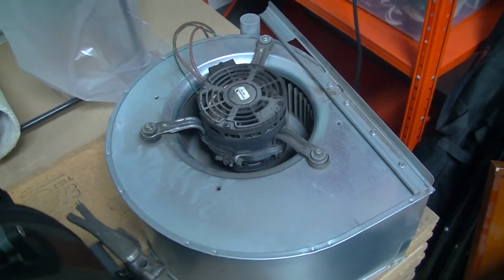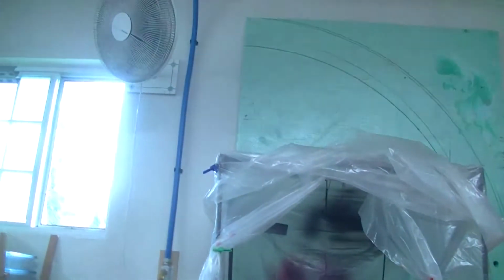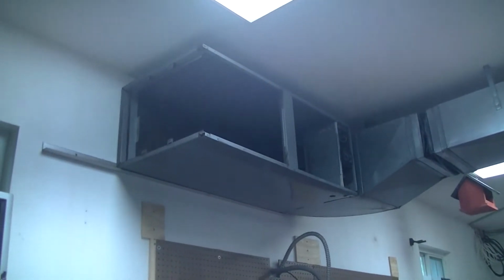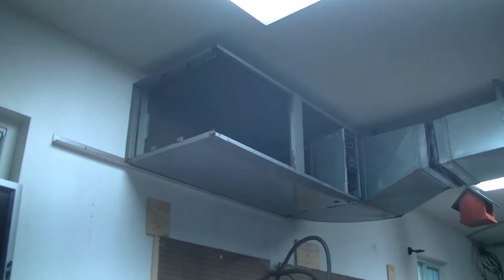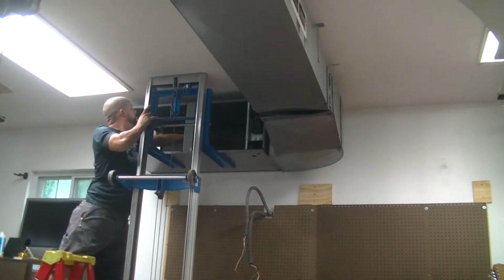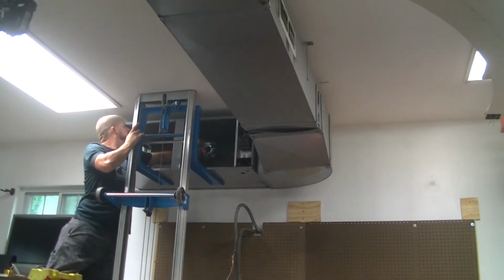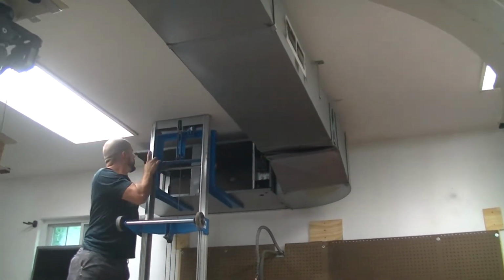The blower's pulled out, which is conveniently in this corner, which at some point will be the spray booth area, which is why we put the compressed air drop there. And so now we're trying to take the guts out of her, because at some point we have to get that thing down, which I'm sure is all kinds of fun. I'm not sure if you can tell, this unit is held up by a piece of aluminum angle bracket and